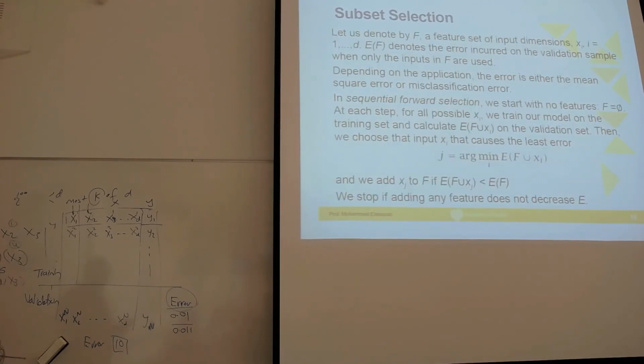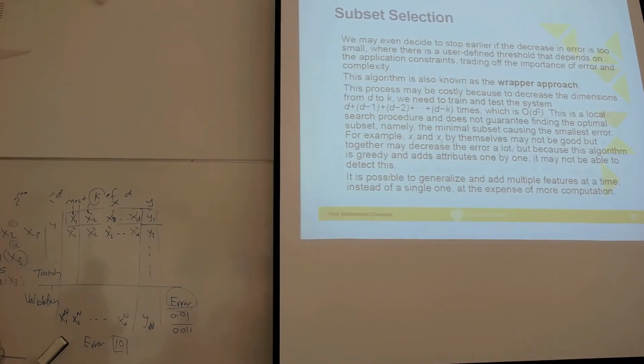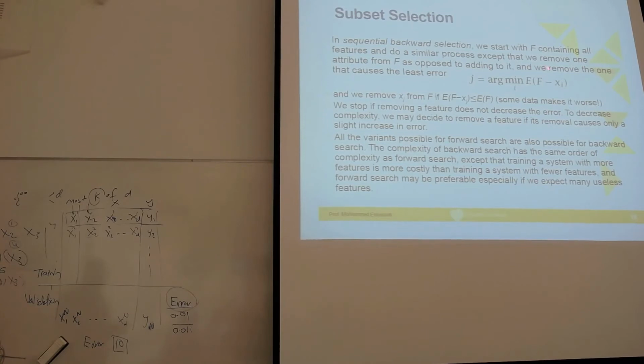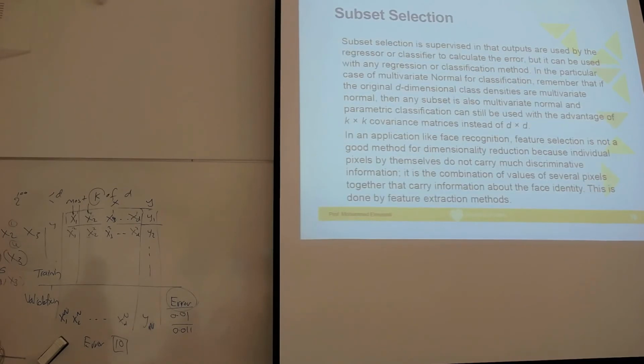As I said, this is the backward and the forward. So this is the mathematical representation. In case you use the forward selection, every time you start with empty, then you start adding them one by one and checking the error every time. And in the backward, it is the reverse. You start with all data, and then you compute the error when you remove the features one by one, and then you just remove the one which has the minimum impact on your data.